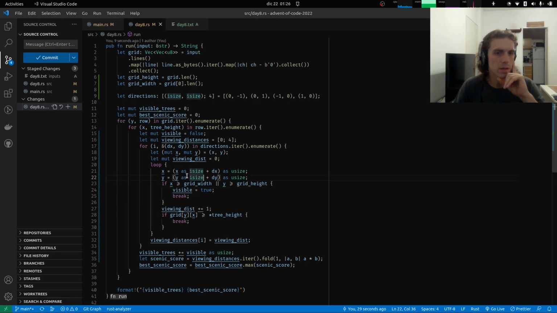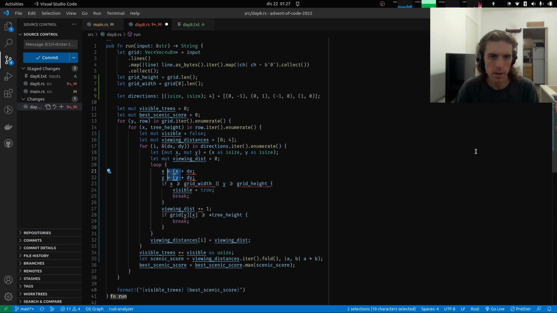I think maybe it's better to keep x and y here as signed integers. So let's keep them. I don't really like this underflowing behavior. It's cute, I guess, but not very explicit. So let's keep this as isize. Let's do this. Actually, let's do plus equals here. So this is fine. But now